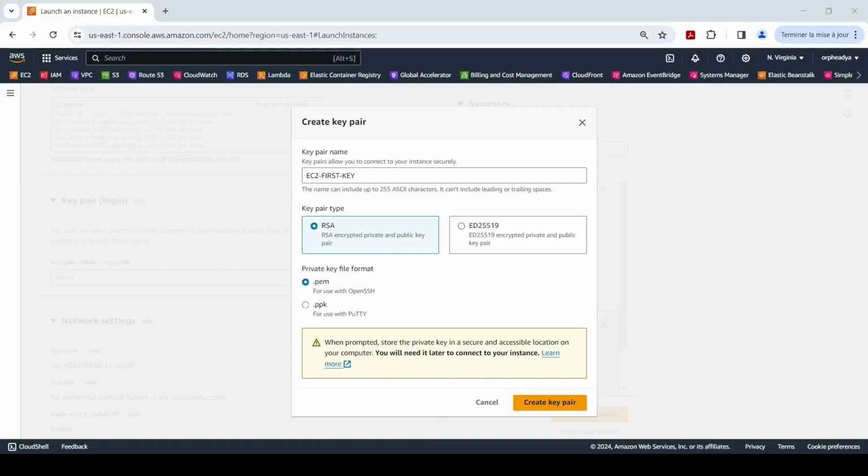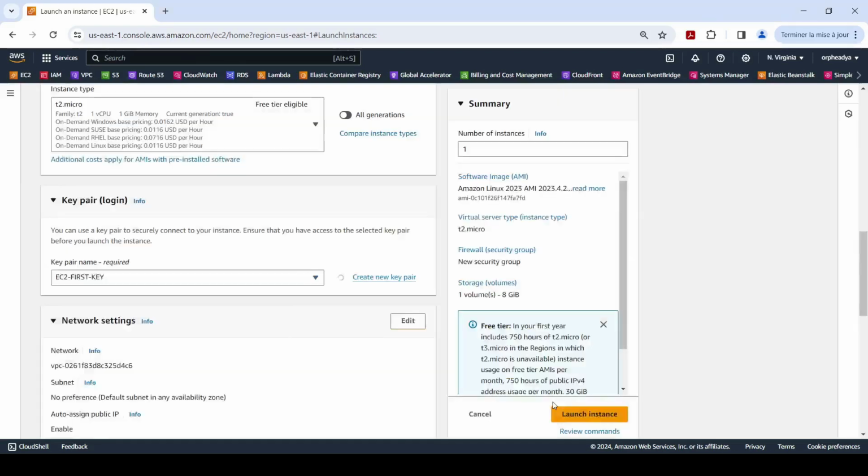The private key will be downloaded to my computer, and the public key will be stored in a file named authorized_keys in a hidden directory called .ssh. So now I can create the key pair. As you can see, the private key has been downloaded to my computer.